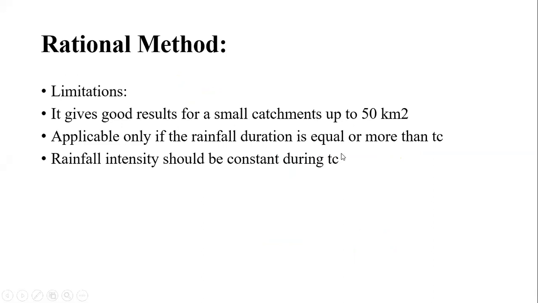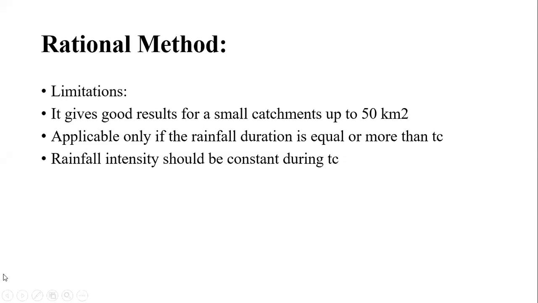Then the rainfall intensity should be constant during the Tc, means whatever the time of concentration is, during that whole time, the rainfall intensity must be constant. यानी कि मान लो कि बारिश स्टार्ट हुई थी, तब उसकी जो इंटेंसिटी थी, मान लो कि 2 मिलीमीटर पर आवर थी। वो इंटेंसिटी time of concentration तक होनी चाहिए, यानी कि time of concentration मान लो कि 2 आवर्स का है। So between that time period, that is from the beginning up to the end of 2 hours, that same rainfall intensity must be there.